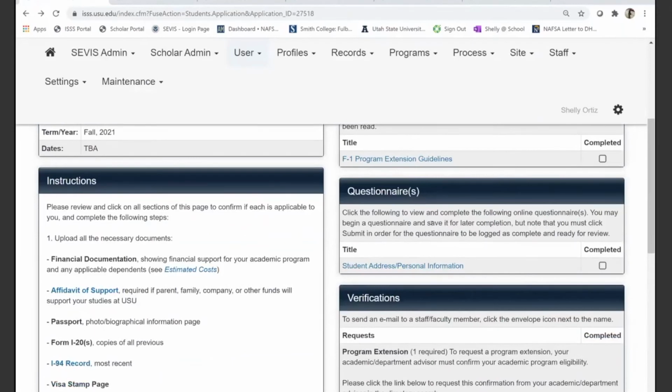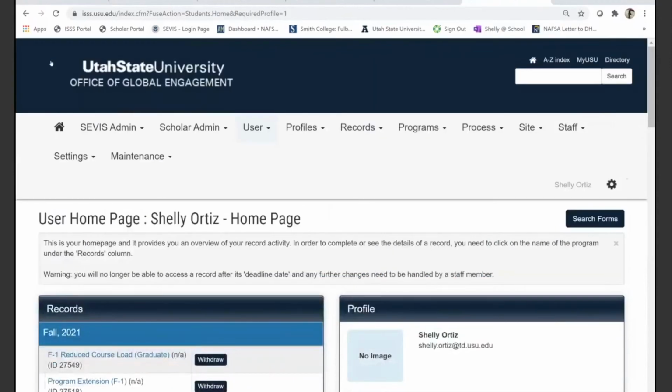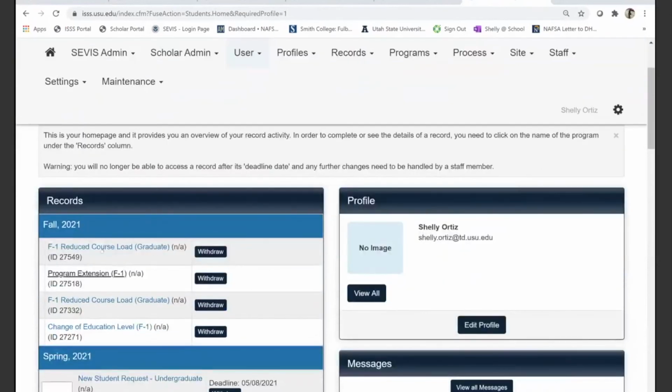What if I can't complete the form now? Can I come back to it later? Absolutely, and we encourage you to come back to the same. So once you log in and you're on your home page, you can actually see here records that you have initiated. Log out of this one, and then you can always come back and re-access it from this same page.